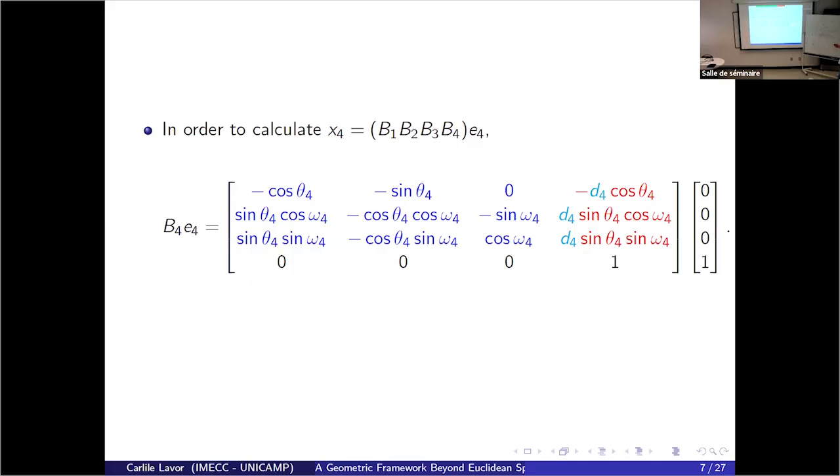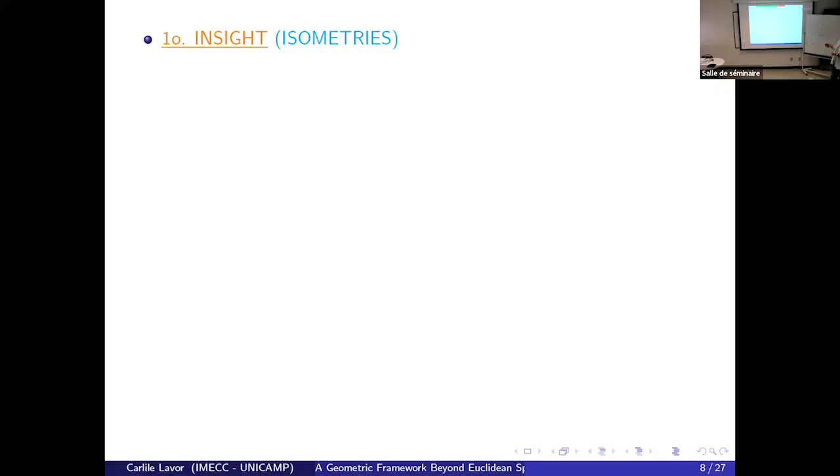Okay? Why am I emphasizing this? Because this means that in order to compute the position of each atom, we have 2 rotations and 1 translation. So we have an isometry. And this is the first insight that I mentioned. I mentioned another insight. So the idea is to recognize that when we compute atomic position, in fact, we are using isometries. And we know